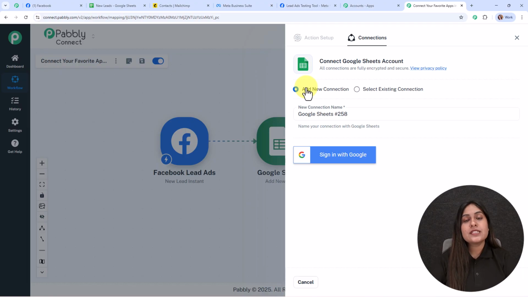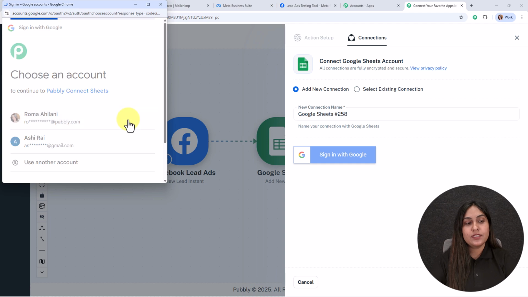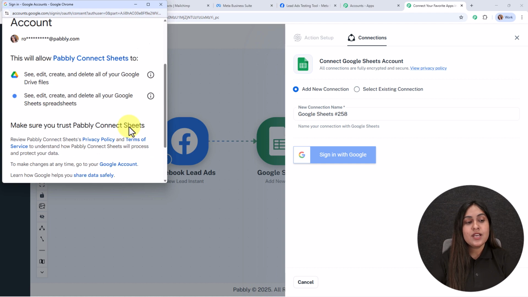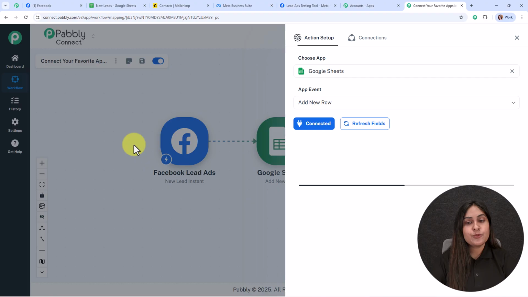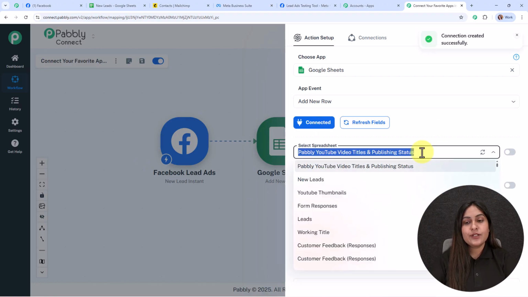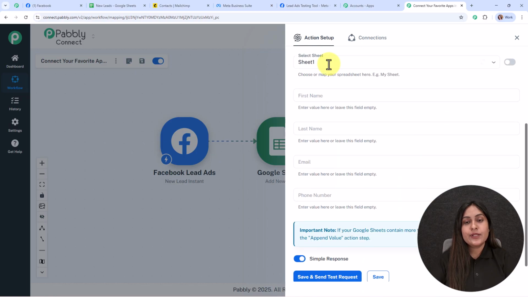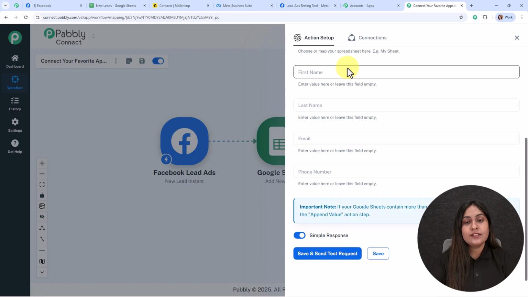If your Google Sheets account is already connected with Pabbly Connect, then you can click on select existing connection. And now here to build a new connection I'm going to click on the sign in with Google. Here I'm going to select my desired account. Then I'm going to click on this allow and give access to Pabbly, as your data is secured with Pabbly. Then here for the spreadsheet I'm going to select the spreadsheet that I have with the name new leads. Then here we are going to select the sheet as sheet 1, and then here it is asking us to add